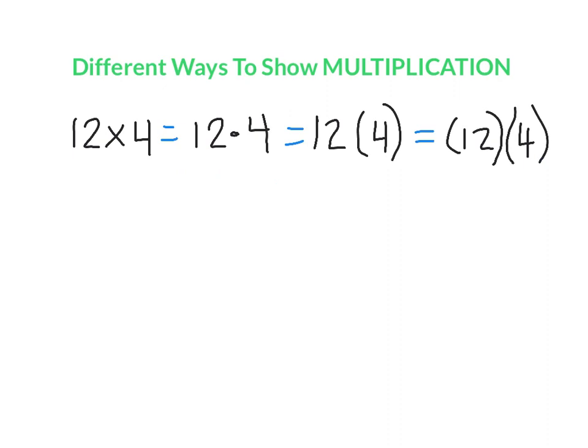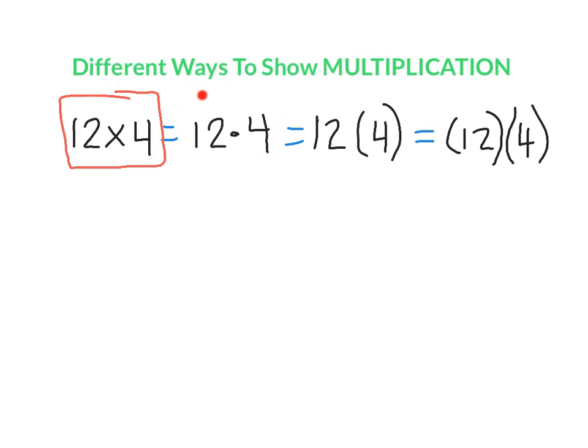The same thing can be said for multiplication. We're used to seeing multiplication written like this, with the x in the middle. But remember, now our x's stand for a number. They're a variable, so we write them in different ways. You will see